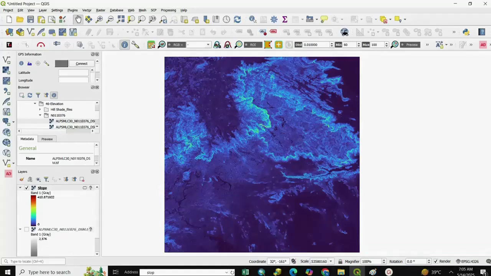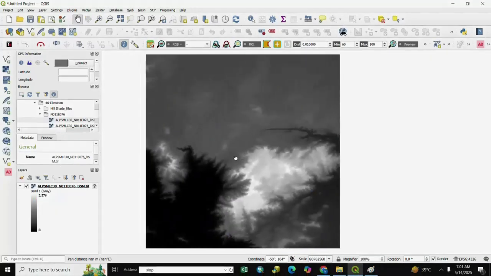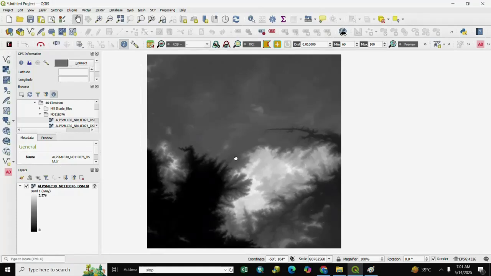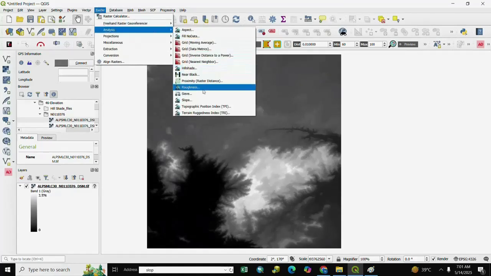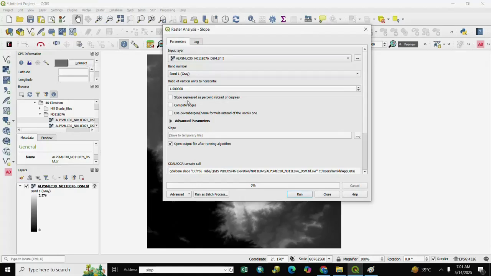So let's start. Here is our image. We create slope. For slope, we go to Raster and select Analysis. After Analysis, we select Slope, and here is the input and band number, band 1 gray, and the ratio of vertical unit to horizontal.